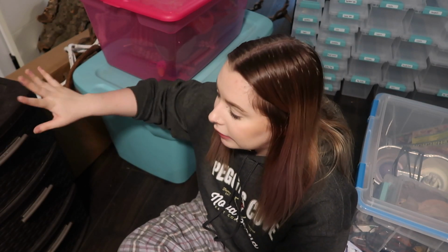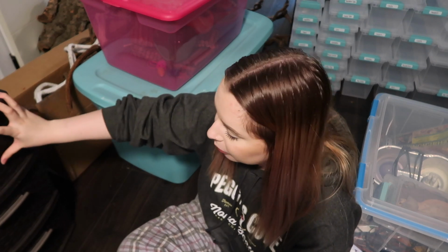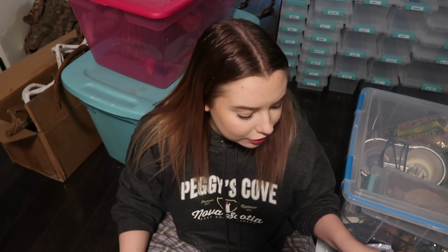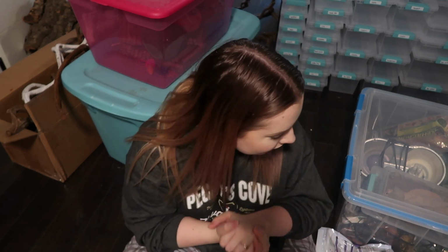There's this little drawer unit all done. Got rid of a few things, so I'm gonna slide this off to the side. Now off to my side here, you guys can't really see, but there's a bunch of just loose stuff that's not in bins or anything that I want to go through, and hopefully I can get it sorted